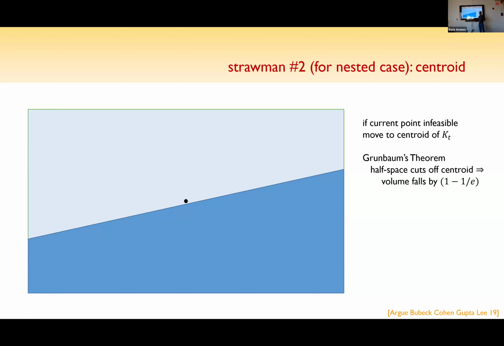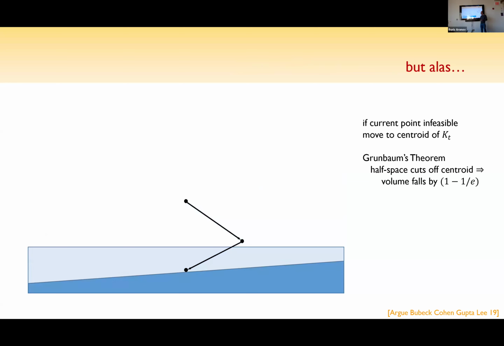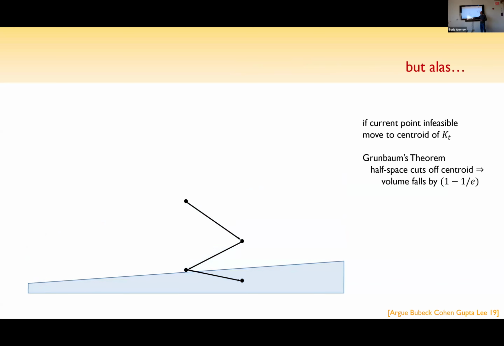Okay. So you were sitting here. This is the centroid of the original box, and I give you this sloped model. You move to the center, and I can give you a slope so that you'll move a constant fraction of this way. And then I'm going to level it out and move you right back. And then I'm going to give you another sloped one such that you move again a constant fraction. I'm going to make it zigzag madly. What should you have done? You should have zoomed in just once.